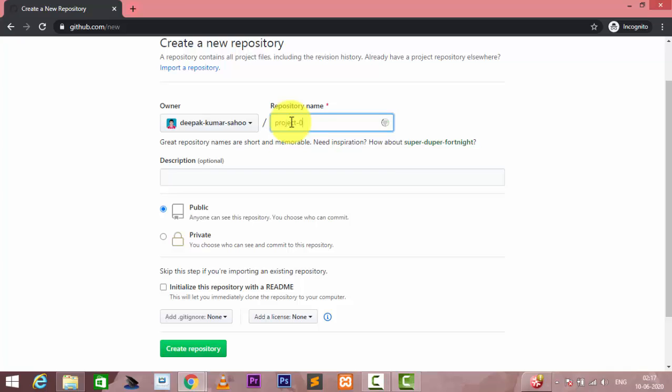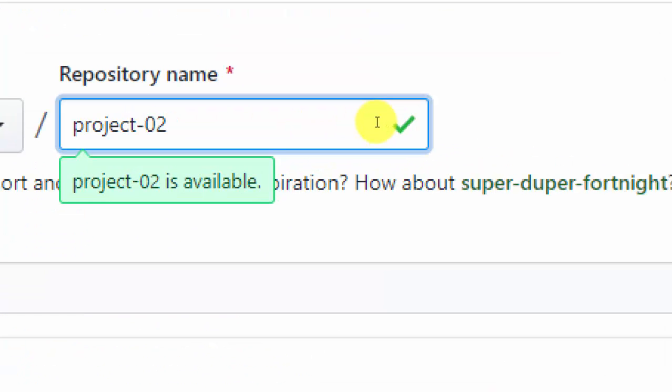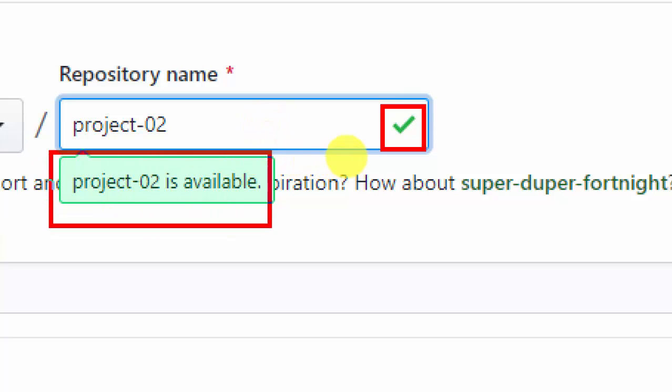Here it shows that the repository name is available for our project, no problem.